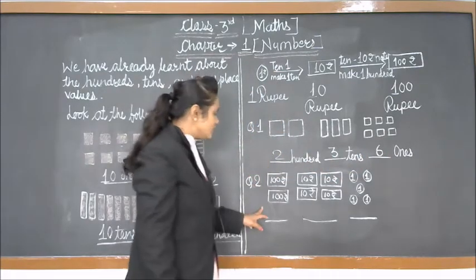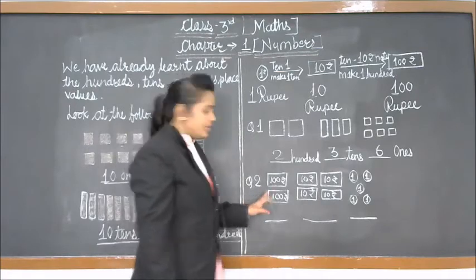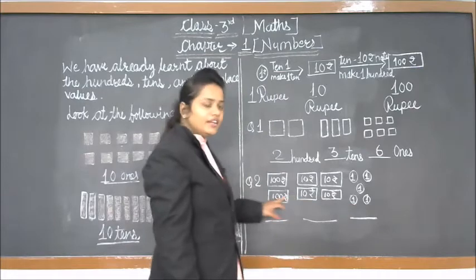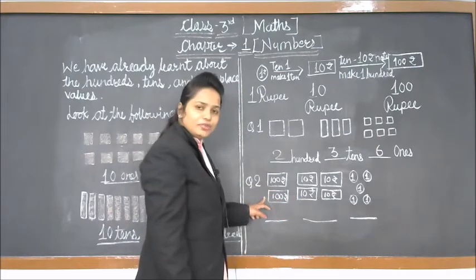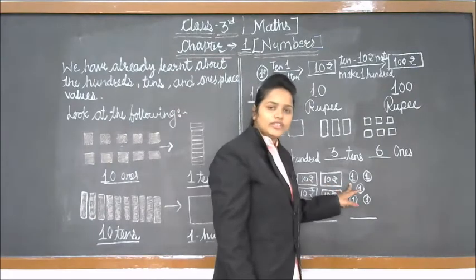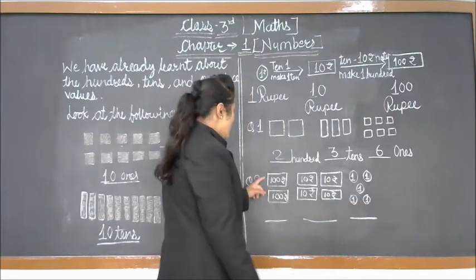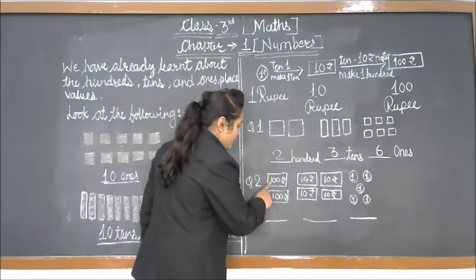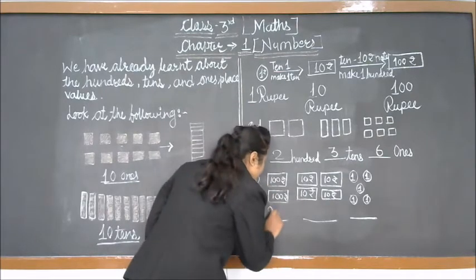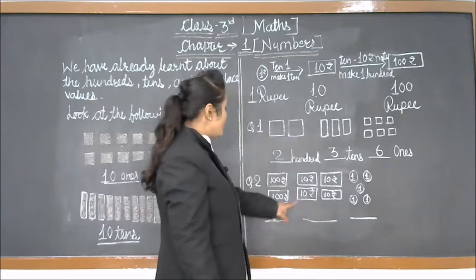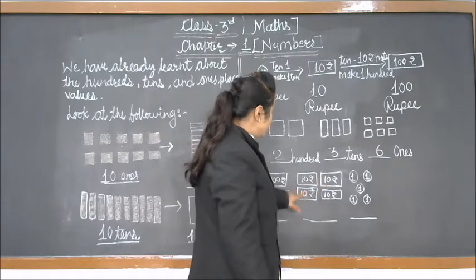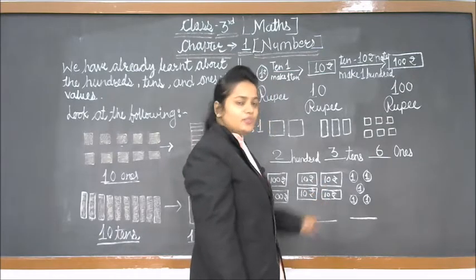So our second question is, there are 100 rupees, 10 rupees and 1 rupee coins. So how many 100 rupees do we have? 200 rupees we have. How many 10 rupees notes do we have and how many coins do we have? We have to count, so count after me. 100 and 200. So how can we write? 200. Yes. So how many 10 rupees notes do we have? Count. 1, 2, 3, 4. We have 4 ten rupees notes.